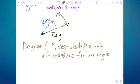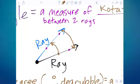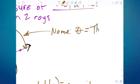Now, if you had to describe to me what a degree is, other than a unit of measure of an angle, I need some quantifiable relevance or frame of reference to compare something. So let's come back to this little angle that I drew up here. First of all, I don't want to keep referring to it as the angle between the two rays, so we're going to name it. And the first letter that we're going to get used to naming is that letter there, which refers to not only the name of the angle, but also the measure of the angle. They're interchangeable. We're going to call that, it's the Greek letter for the th sound,